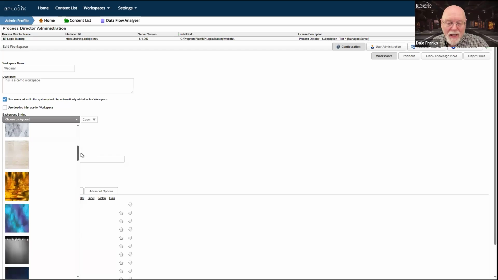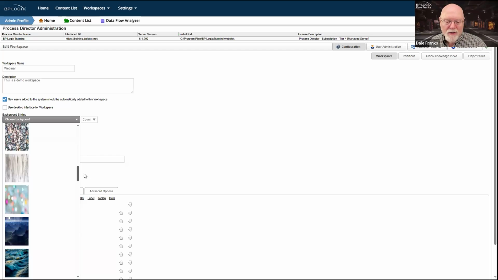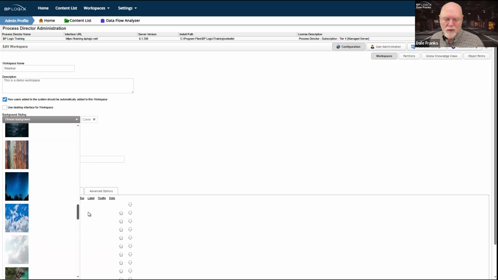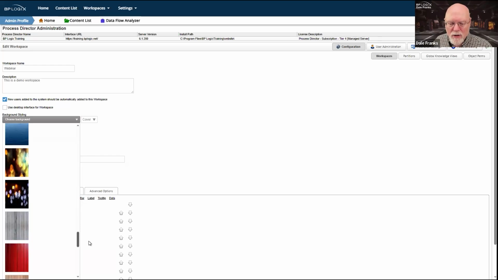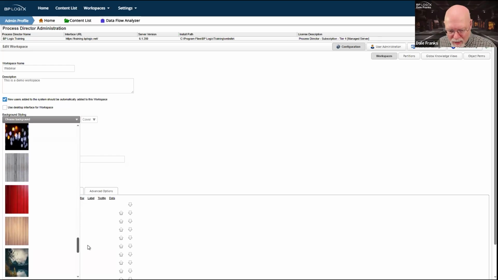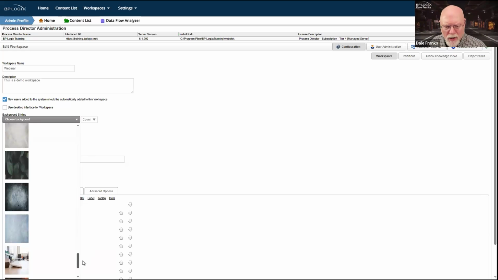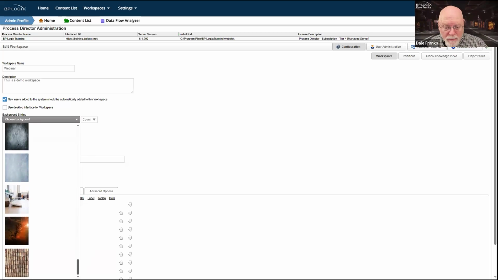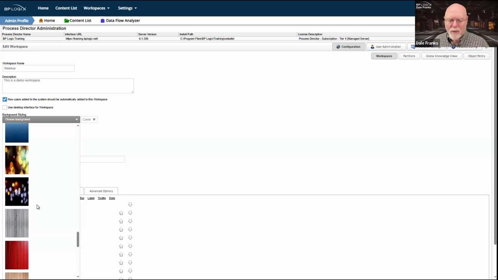In that sense, these things are fine. It doesn't really matter which of these pictures you use. I dislike these pictures because so many of them are in a color range that if I was trying to put text or something on top of them, it would make them extraordinarily difficult to read. For a workspace, it's not a problem because the workspace portlets open up in their own window, and that window occludes the background. So if you want to use a pretty background of some sort, knock yourself out, but it only really works for the desktop interface.